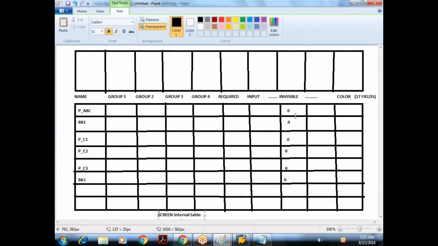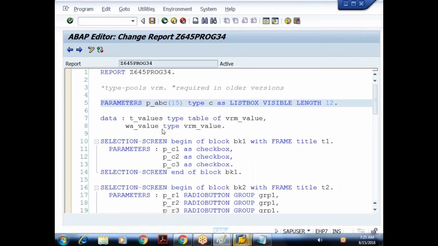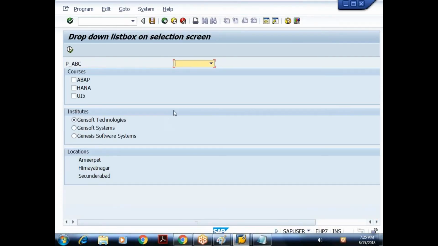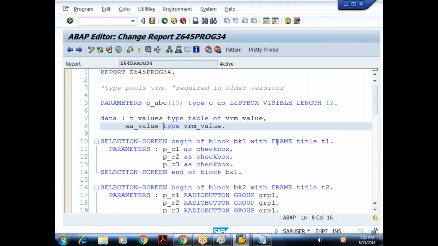Now how to update the internal table? Already we have seen. First set the updated value in the work area, that is, in the header. Referring to the header, you update the internal table by using the MODIFY statement. Already we covered one example when we discussed internal tables. So I need to write the logic to make those 3 blocks invisible. Initially only this list box should be visible, and the rest of the screen elements should be made invisible by default.